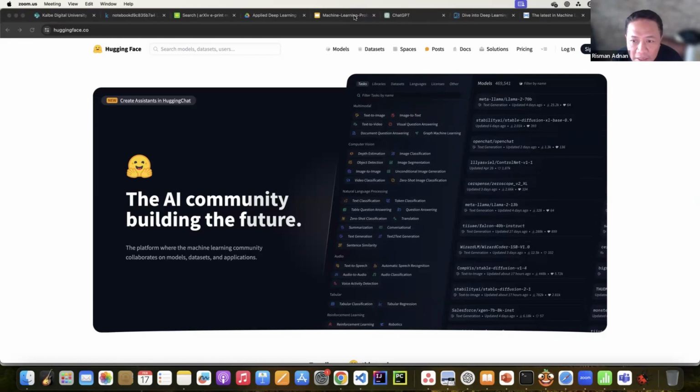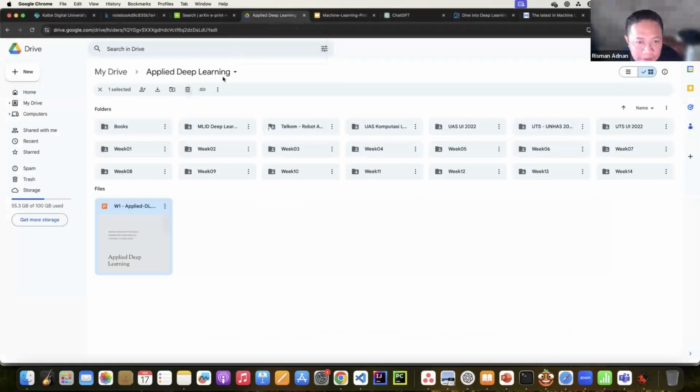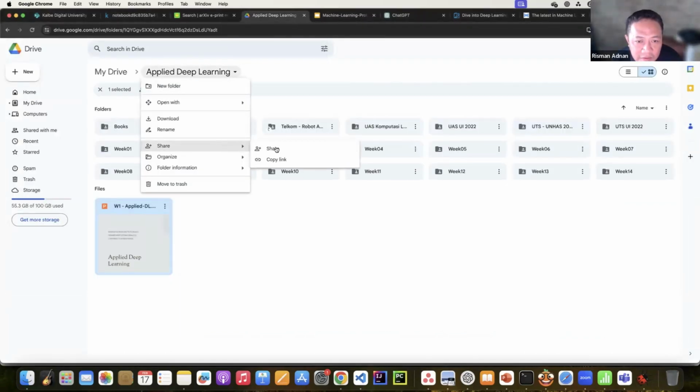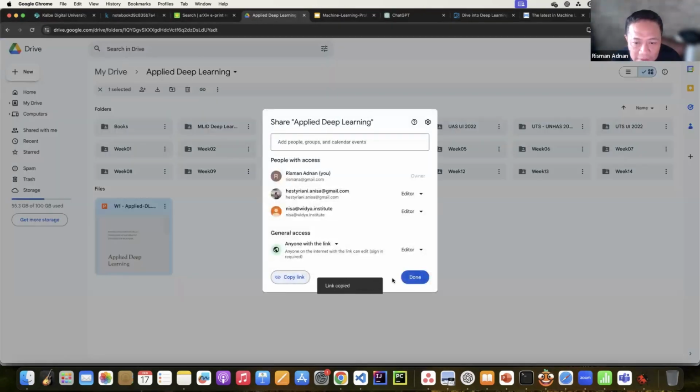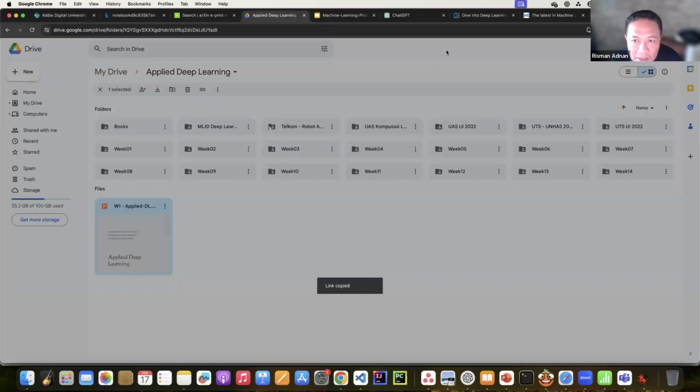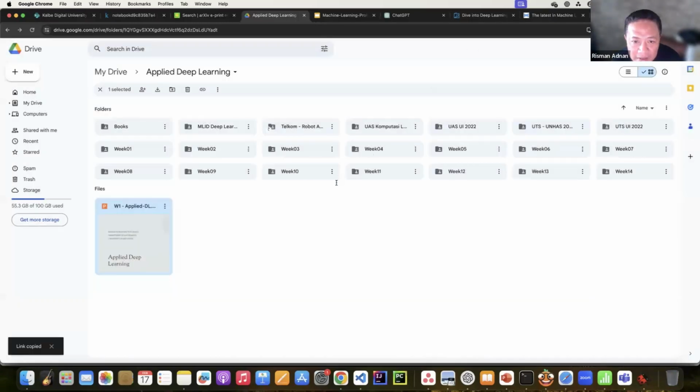Course ini mengenai AI, ya. Kita bahas logistik dulu sebelum kita masuk ke materi pertemuan pertama. So, course ini dikurate dari banyak sumber, ya, dan sudah dideliver di UI cukup lama. Semua materinya kalian bisa akses di